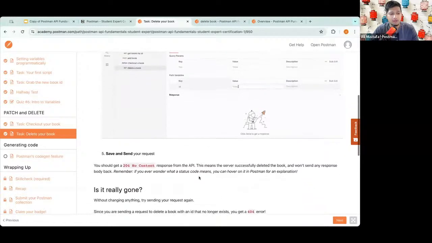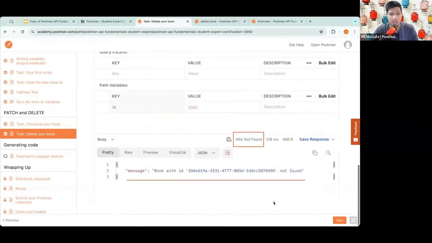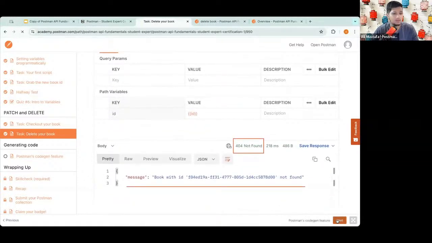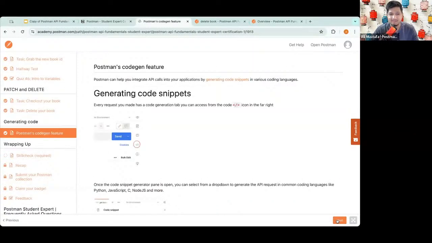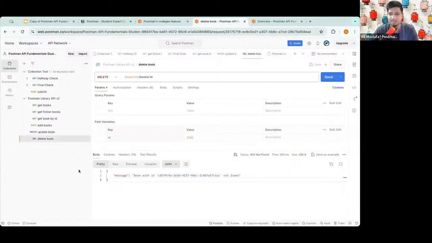Awesome. Let's go and wrap this up, finally, so that we all can say that we are certified. Before that, one more feature which I want to highlight is the code gen feature, which you as students will be so happy about, because this gives you a boilerplate code to get started with.